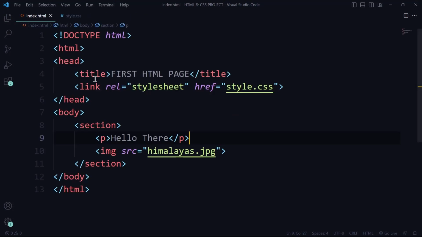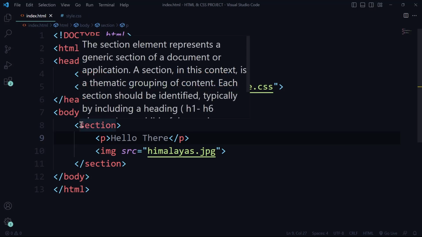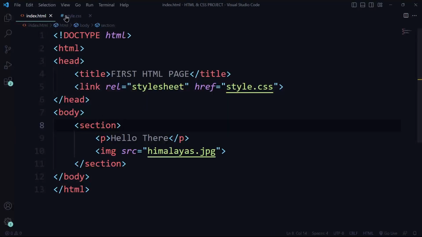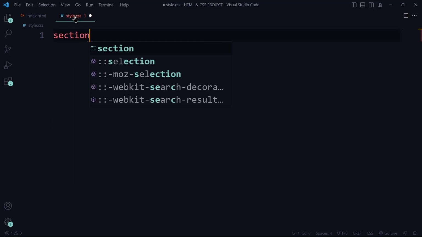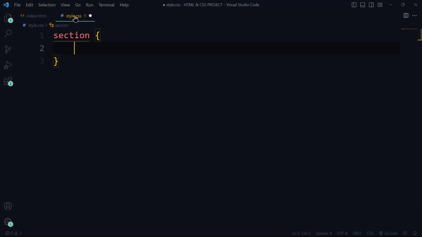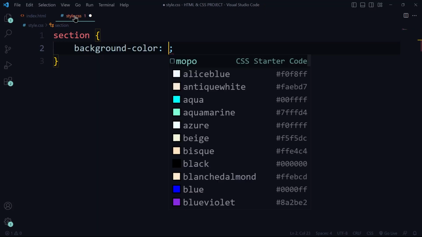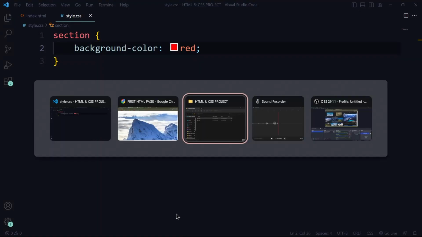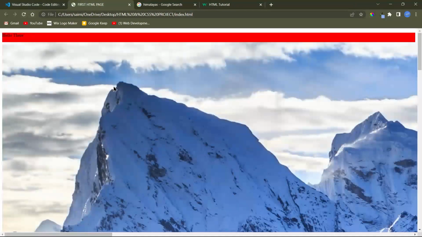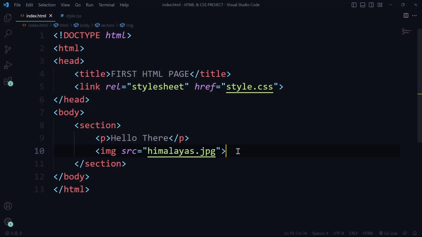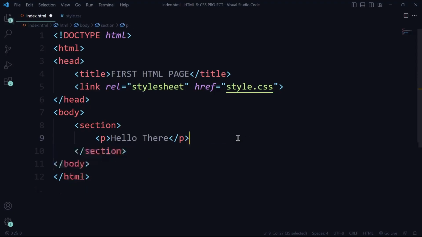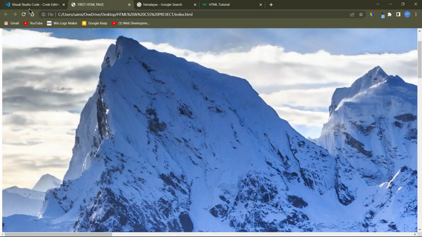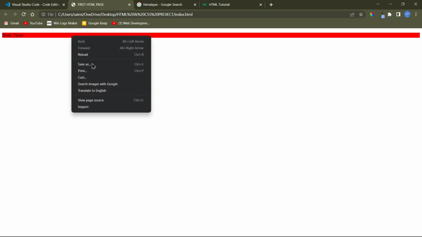There are several ways to style the elements. Like this section over here. What you can do is you can type section, and if you want to change the background color, we can type background color and let's set red. Okay, not the best color, but let's just see. Also, I will just remove this image tag for a moment. Okay. So now you can see this has a background color which is red, but there is a lot of